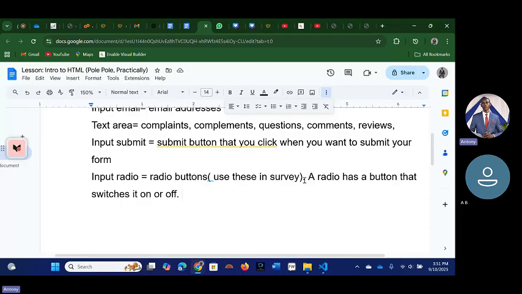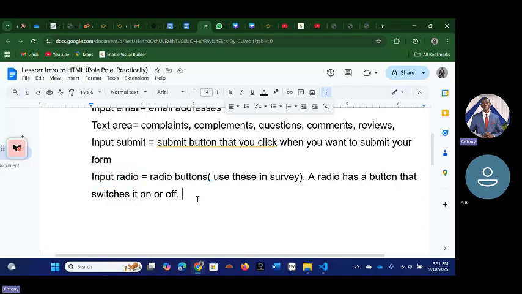You can either come from Nairobi or Kiambu, but you cannot be born in both Kiambu and Nairobi. It is not possible. Your ID needs to have only one. So that is where input radio comes into play when we are building a website.